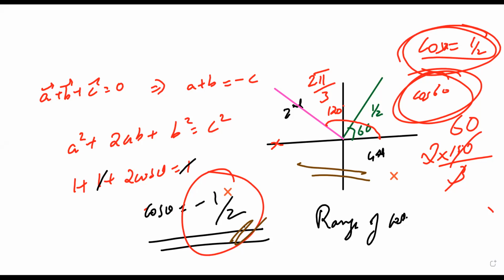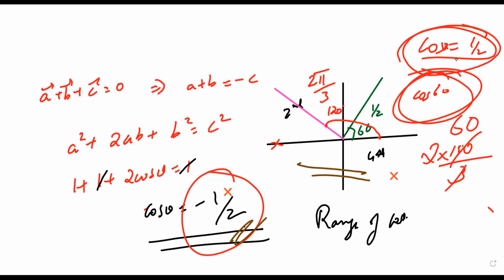So those who did not understand this question, especially the diagram, I'm just repeating it one more time. Correct. So 4 quadrants we are taking, right? Correct. I got cos theta is equal to minus 1 by 2. Fourth quadrant cannot come because the range of cos is what? 0 to pi. So this is already eliminated. Now coming to the 1 by 2. What value of cos will give me 1 by 2? Cos 60. Correct? Yes, acute angle.